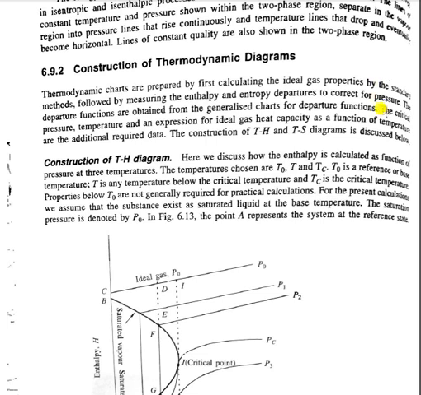That means the critical pressure, critical temperature, all this data will be required to express the ideal gas heat capacity. So temperature and data are also required. The construction of the TH and TS diagrams is discussed below: the construction of the TH diagram and the construction of the TS diagram, that is, enthalpy and entropy against temperature.